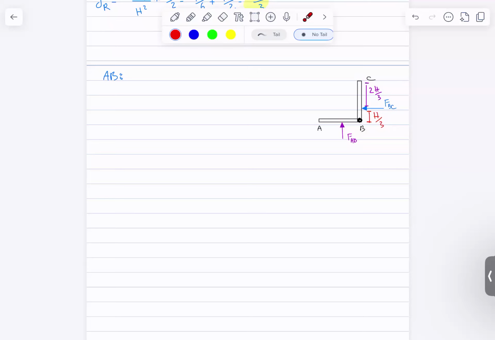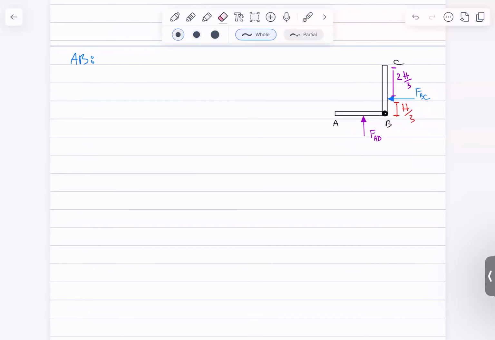That's why you have the force offset from the centroid, right? But in this case, what do we have going on with AB? You just have a bunch of small forces that are all the same magnitude,